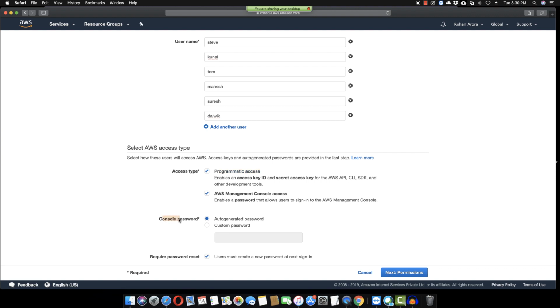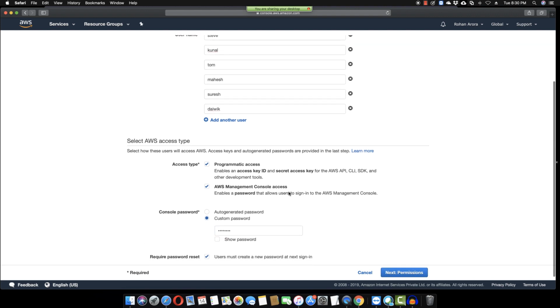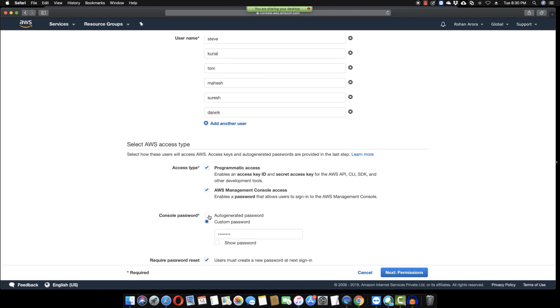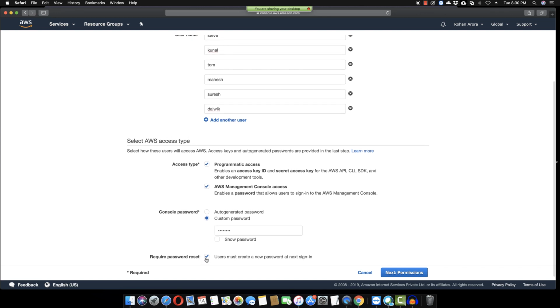Now, let's do one thing. Let's go with the console password. See, I can go with the auto-generated password right now, or I can just set a custom password for all of them. Fine. So let me just set up a custom password. This is my custom password that I've set for each individual. If you want, you can just go with the auto-generated one. Then we can click on this option, need password reset. This means that if I have this option checked,